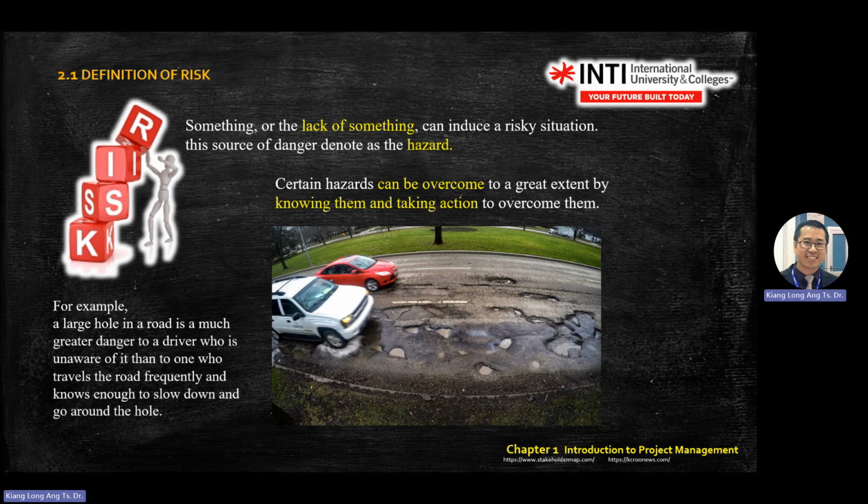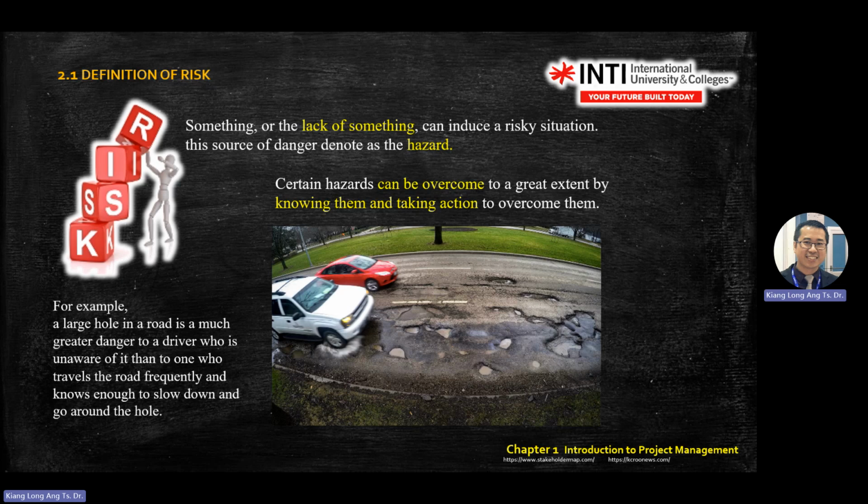So you know that a large hole on the road is a much greater danger to a driver who is unaware of it than to one who travels on the road frequently. So if you are the red car, why does the red car not get hurt here? Because the red car travels on that road almost every day. He knows there's a hole here, so this red car will avoid this hole